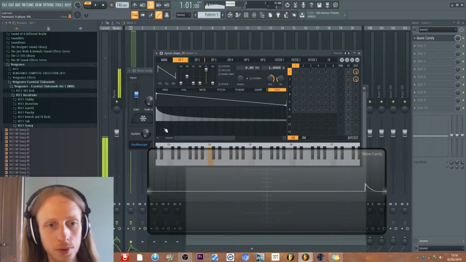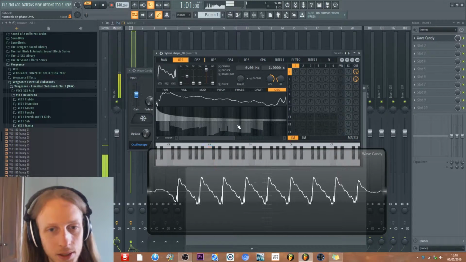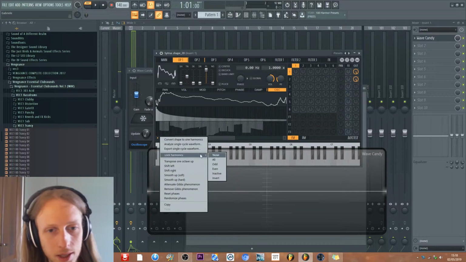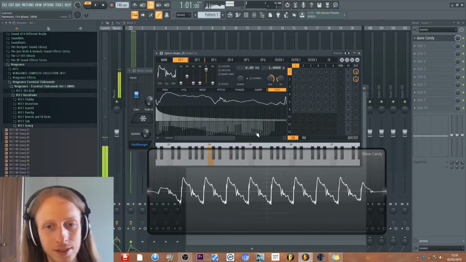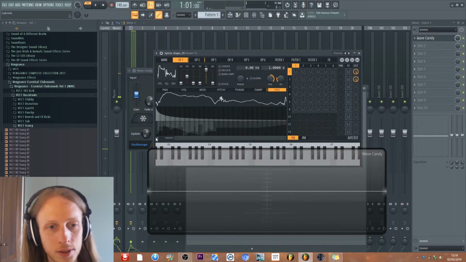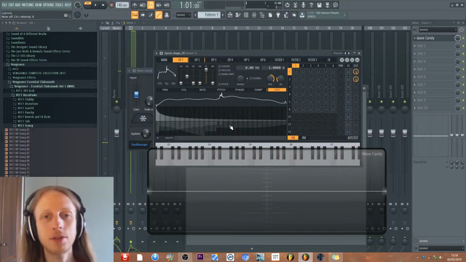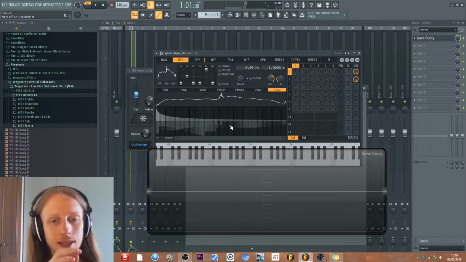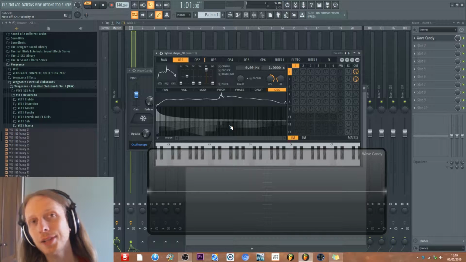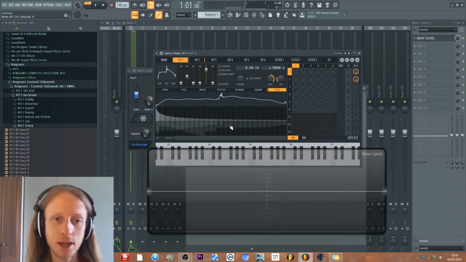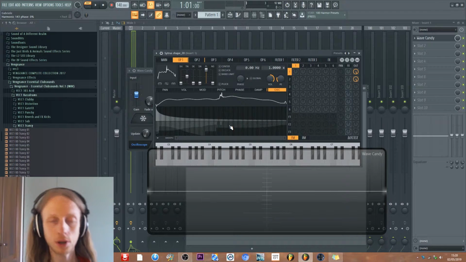So we have a sawtooth, but if I change phase, I can make something like this. Okay, this is very, very different. You can clearly hear. So this is a similar thing that happens when you are EQing and you are not in linear phase EQ. So in order to preserve the phase of the sound, we are going to use a linear phase EQ